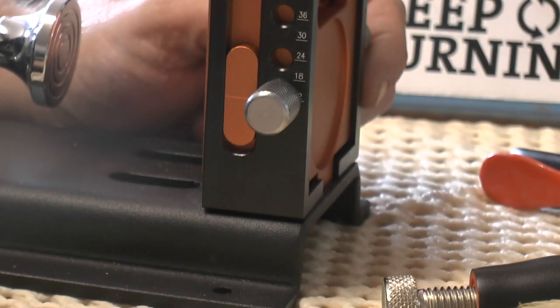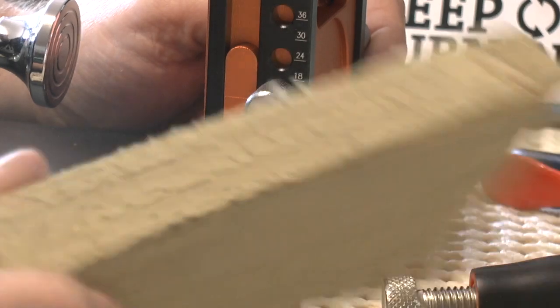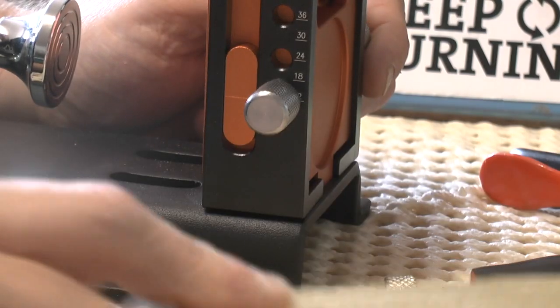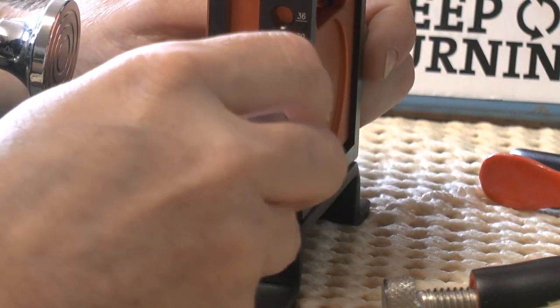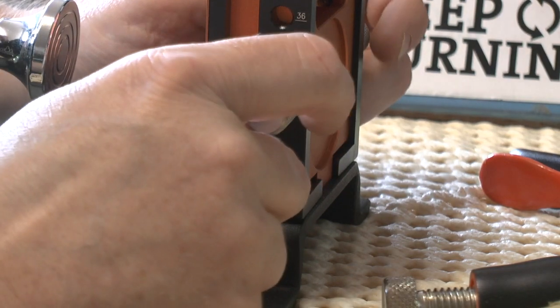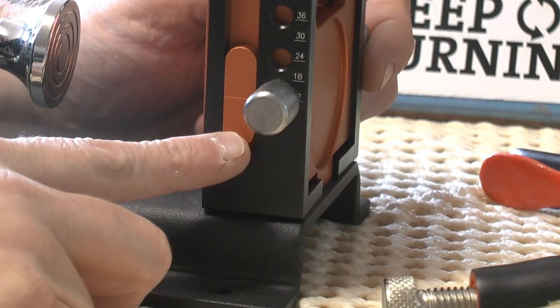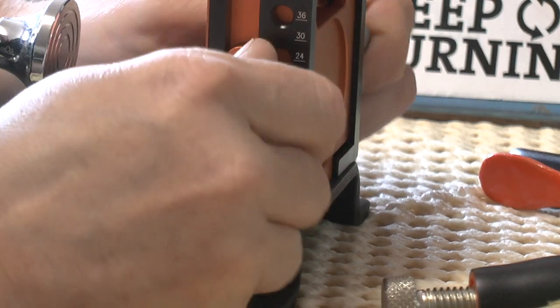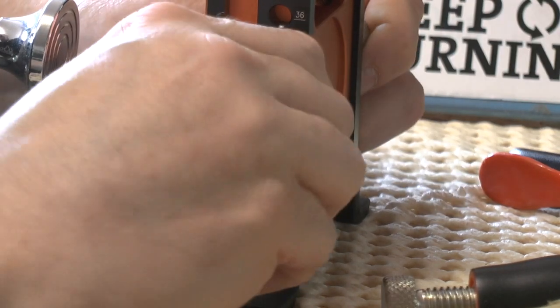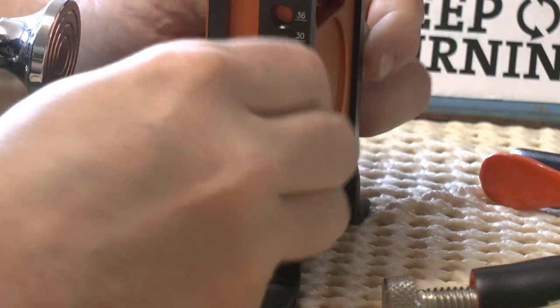So the pieces of timber that I've cut when I was prepping for this, it's just some softwood, and it's about 20mm thick. So I think, having listened to demos and information on it, it's probably going to be the second hole up. So if I just slacken those off,